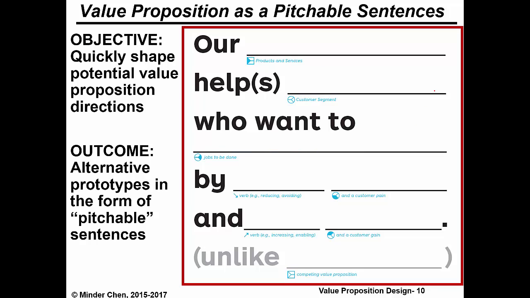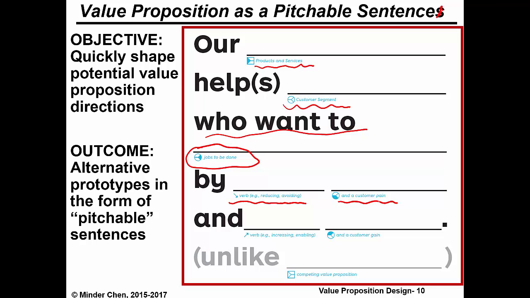So if you look at the diagram, we can almost translate that value proposition canvas into a pitchable sentence. The pitchable sentence would read as the following: our product and services help customer segments who want to get a certain job to be done, and when they use our product and service, it will reduce, avoid, or eliminate some customer pains, and potentially may increase or enable customers to receive some positive gains,